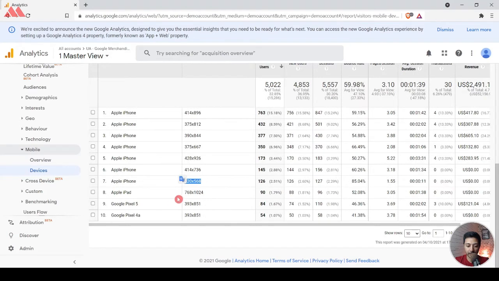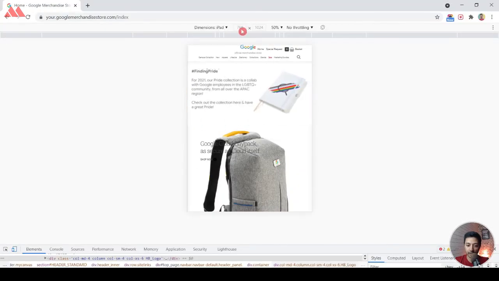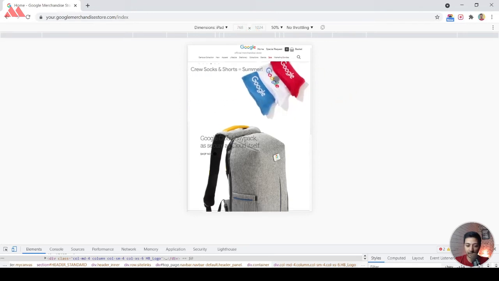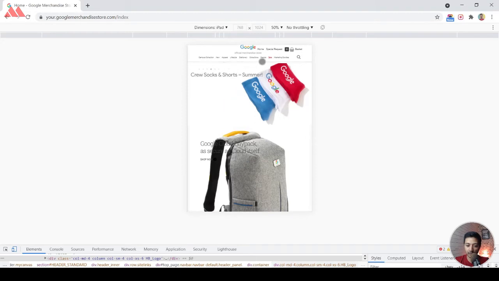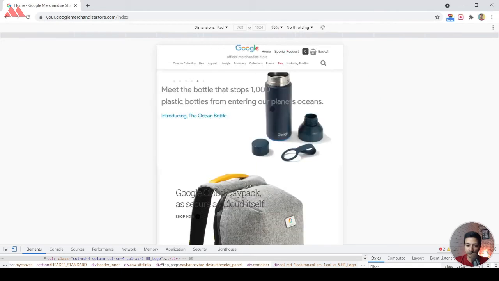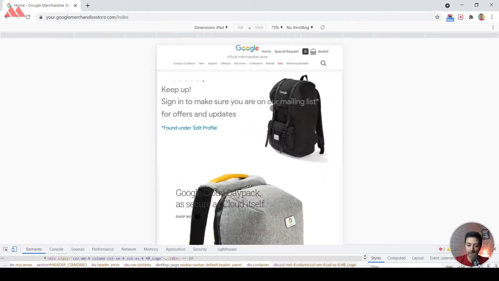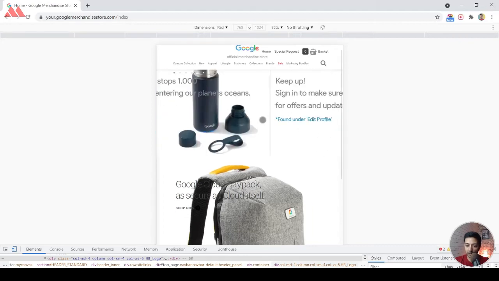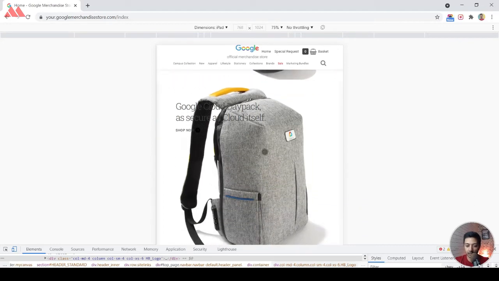And here in the iPad, we have the screen resolution of 728 by 1024, which is not showing us good data. So here we are at the same screen resolution. And if we check this website, let's take a look at what we can see here. Let me go ahead and zoom in a bit. This is how it looks on the iPad, most probably in portrait mode. Here is an image of a product, and at the back of that there is a shop now button, but it's hard to see.